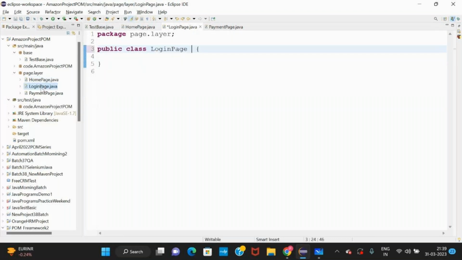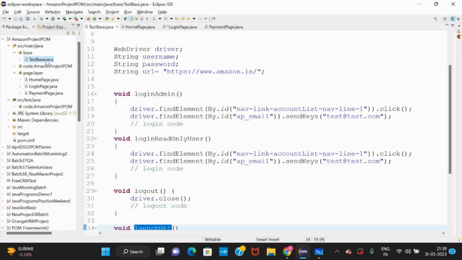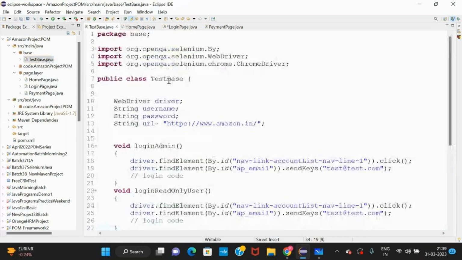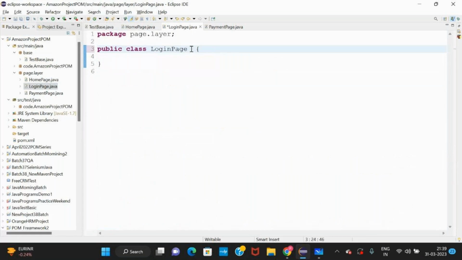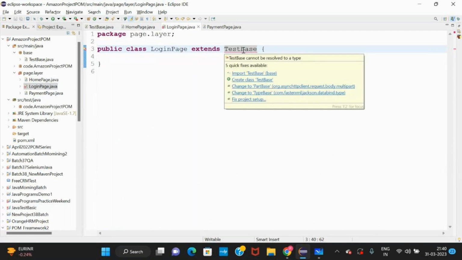Whenever you are going to inherit some class, copy the class name, do not write it on your own, keep a habit of copying. Copy, go to login page, extends, paste the class name, no errors, and then import test base from the base package.